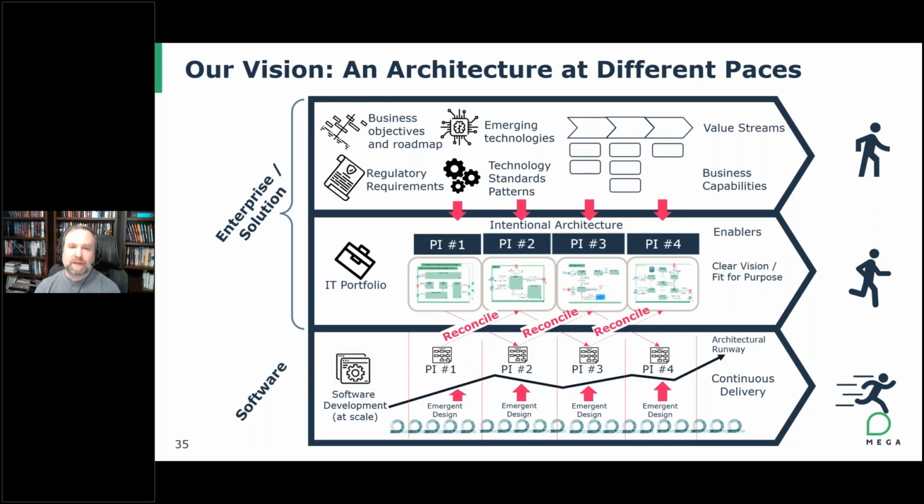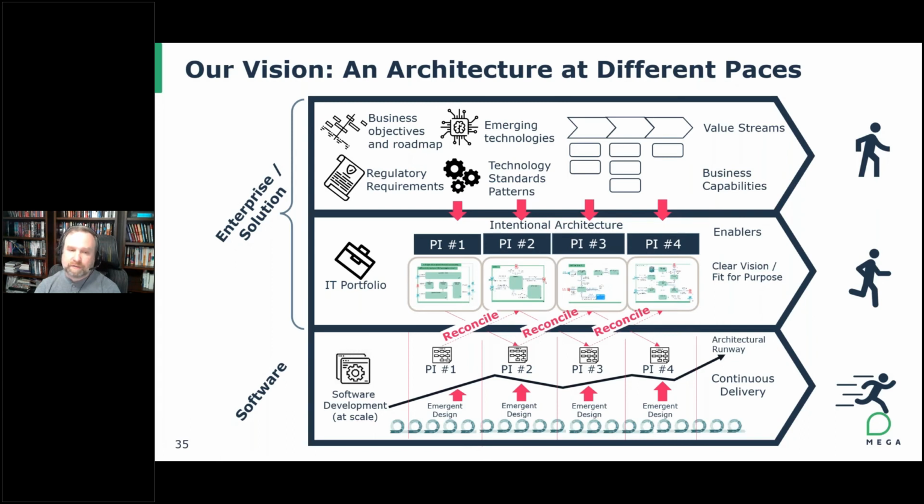This is going to drive some elements of intentional architecture, where we put things in place on design, by design, that are there to enable and support the fast-moving elements of the software architecture and development. Right, and so this is, again, the enablement layer. Will also track some of the technologies that are in the portfolio, ensure that the monies are being allocated in the way that makes the most sense, and we should have a clear vision. It should be fit for purpose at that point.